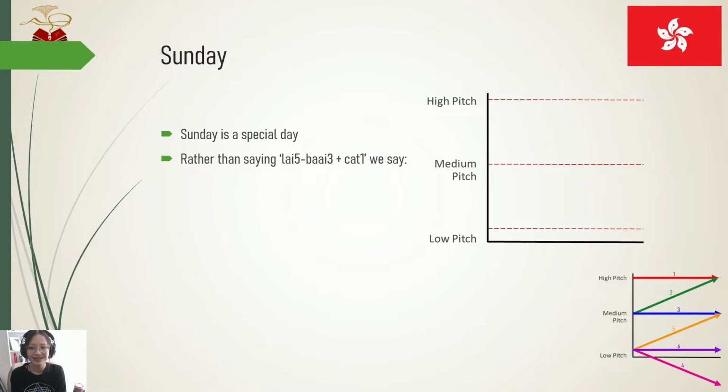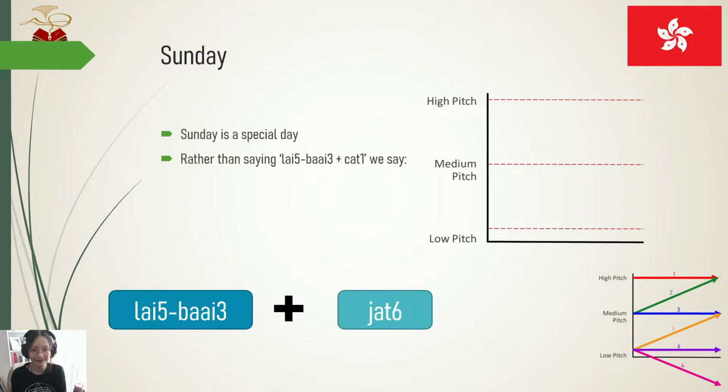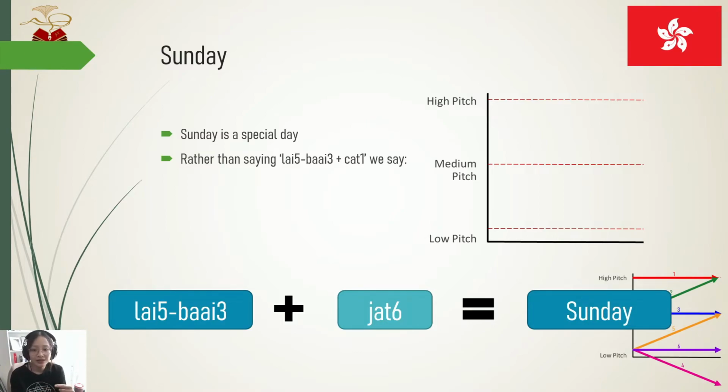Right, so let's talk about Sunday. Sunday is a special day. Rather than saying Lai Bai Chat or Sing K Chat, which we will never say, we say Lai Bai Yat, which is Sunday. I'll explain the reason, because a week is known as a cycle. Every week they repeat. Chinese people have this idea that if we name Sunday as Lai Bai Chat or Sing K Chat, it kind of marks the end of the week, instead of continuing on to the next day. So in Chinese culture, Sunday is both the end and the start of the week.